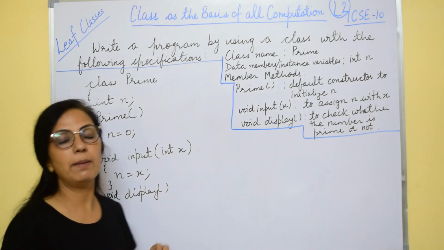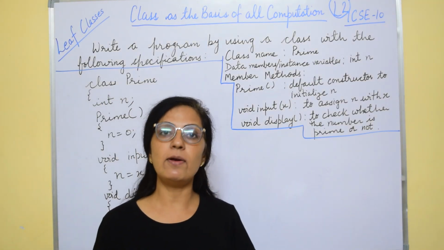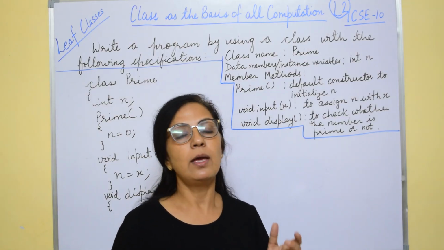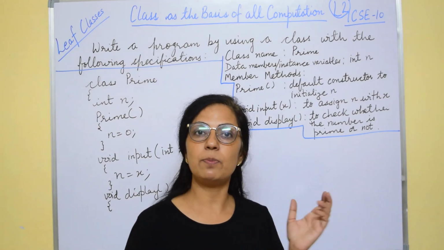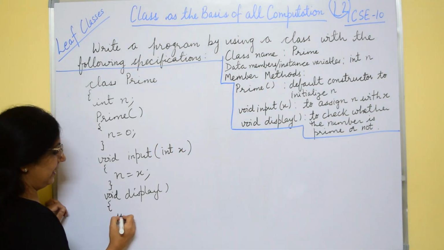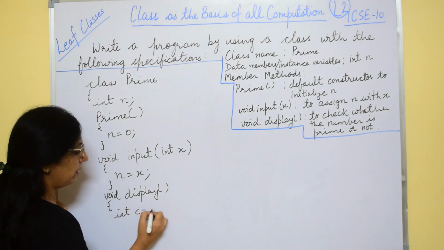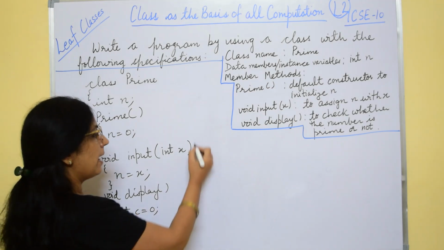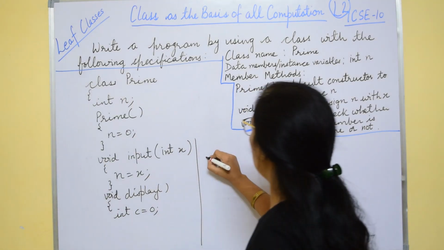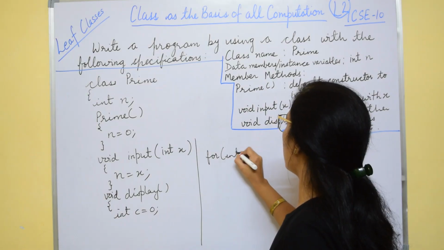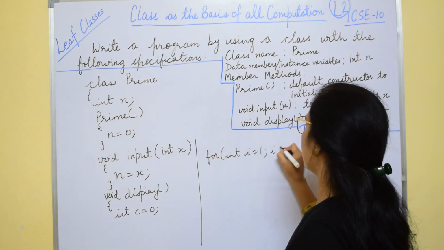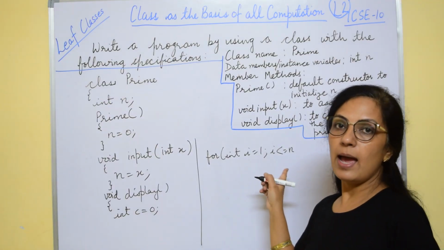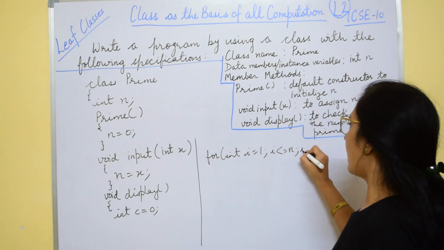You know that the prime number has only two factors, 1 and itself. So we will be counting the number of factors. You can refer to prime number video, check the playlist for that, the number programs playlist, and check for the prime program. So here I will take one variable c equals to 0 in which I will be counting how many factors are there. Then after that you take the loop for int i equals to 1, i less than equals to n, because the factors will start from 1 and it can go till n, and i plus plus,